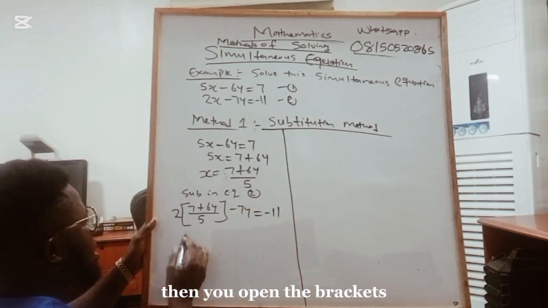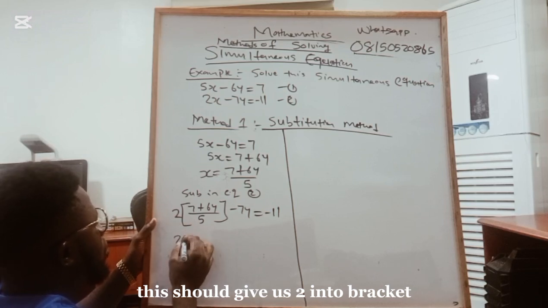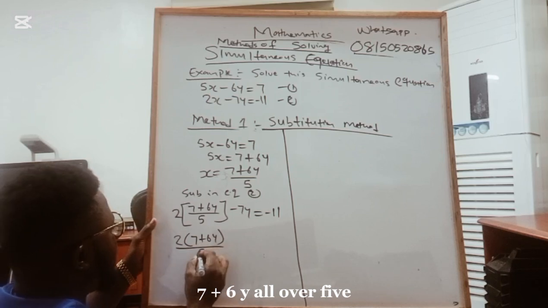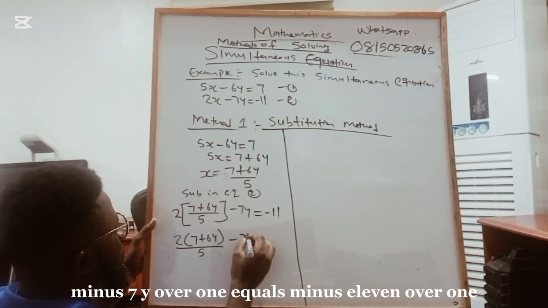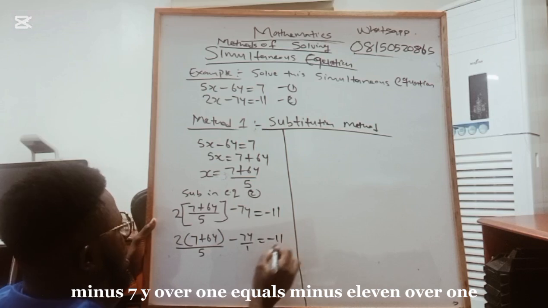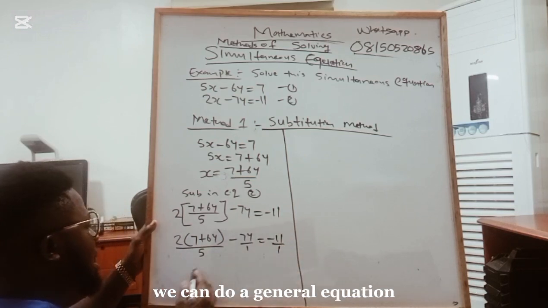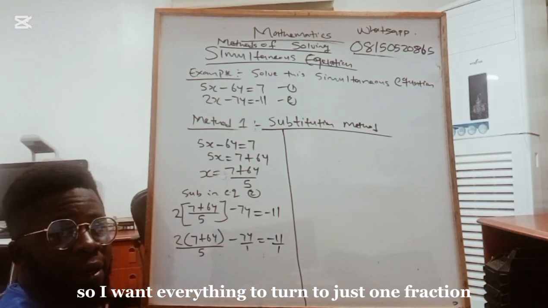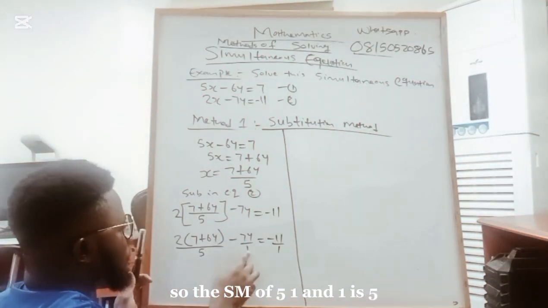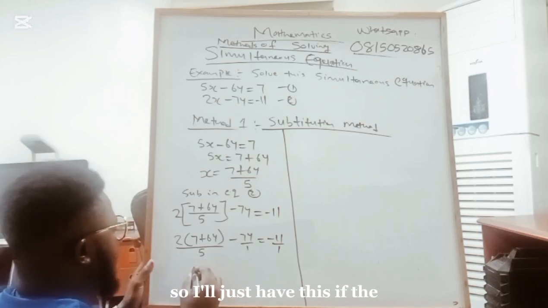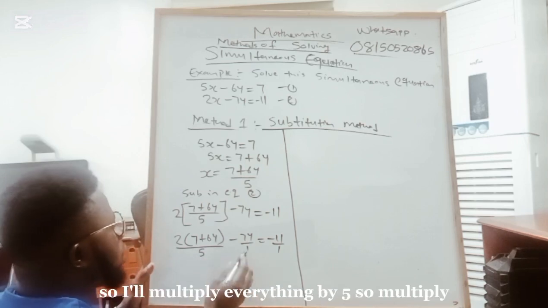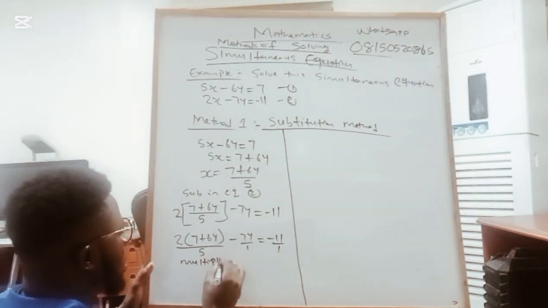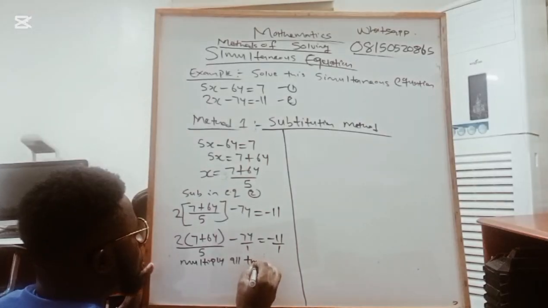Then you open the bracket. This will give us 2 into bracket 7 plus 6y all over 5, minus 7y over 1, equals minus 11 over 1. You can do a general LCM. The LCM is 5. So I want everything to turn to just one fraction. The LCM of 5, 1 and 1 is 5. So I'll multiply everything all through